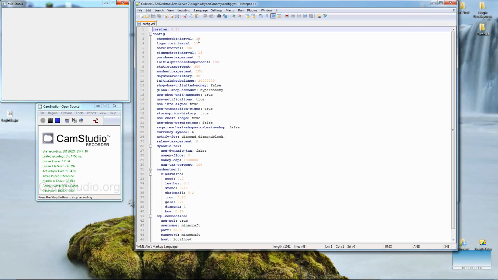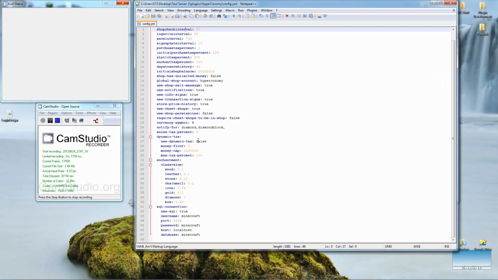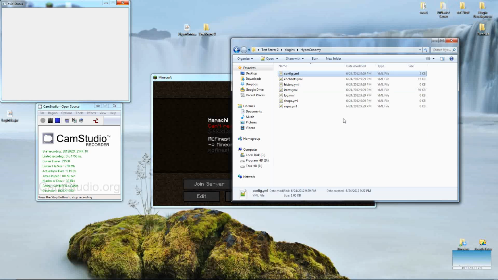And then in the new version 0.93, there will be a new section called SQL connection, and then what you have to do is set use SQL to true, and then you have to fill out the rest of the information. So in my case it's Minecraft for everything. By default WAMP uses port 3306, and then I'm running on localhost. So once that's all set up, start up your server,